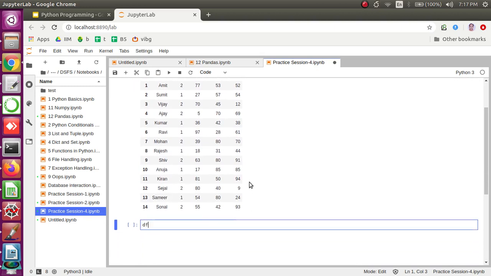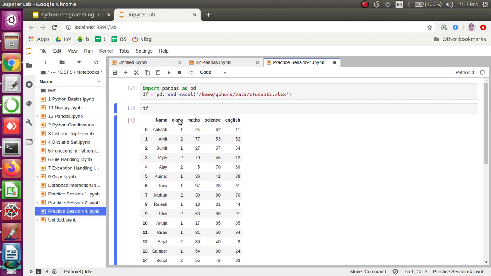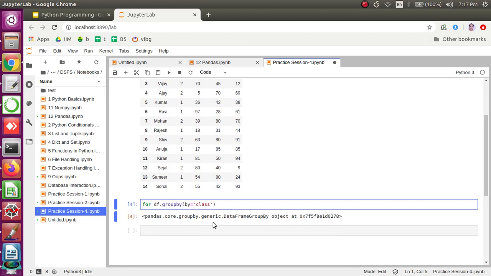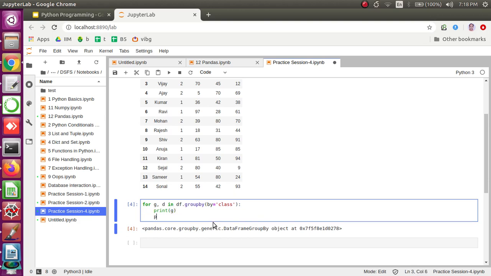That's the ideal way. But if you have tried and are looking for a solution, there are a couple of options we can think about using. The first one we can use is something called groupby, and we can group by class. Class is the name of the column we can use, and this gives me a group here, right? For each group and the data frame in this particular groupby object, I print the group here, then I print